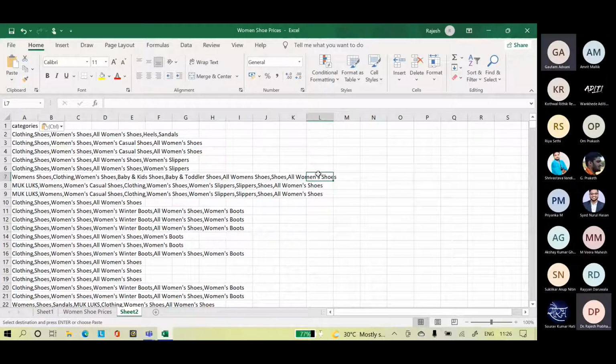Yes, sir. Now we need to clean this data. For cleaning up this data, we'll put it into cells, and then we will remove those cells which have common things.